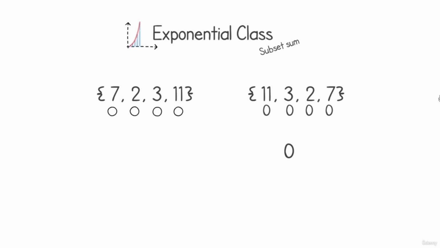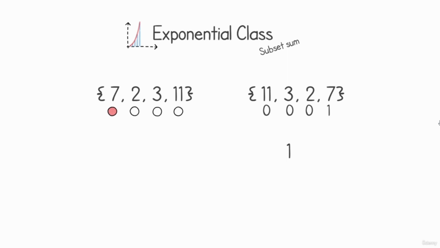And over here I have mirrored all of our inputs, right? The 11, 3, 2, and 7. I have simply reversed the list, and we have a 4-bit binary number. And if we count by 1 on this binary number, it will give us a similar pattern of choosing from